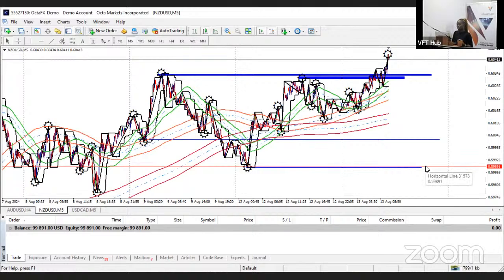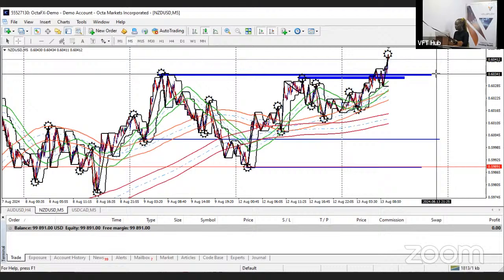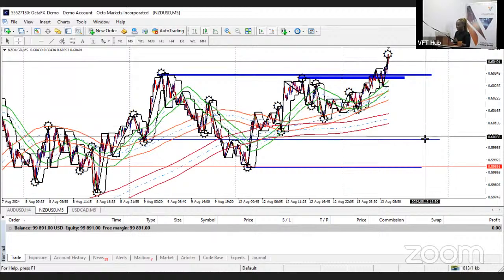So my price action traders, please just take note of the figures you see around here. I could use the crosshair so you see the specific figure. For this one that was marked out here, just write down 0.60341, which is the first place where we suspect that NZD-USD might find support. But if it doesn't, the next level we're looking at is 0.60023, right? If it does not find support here, the final level we're looking at is now